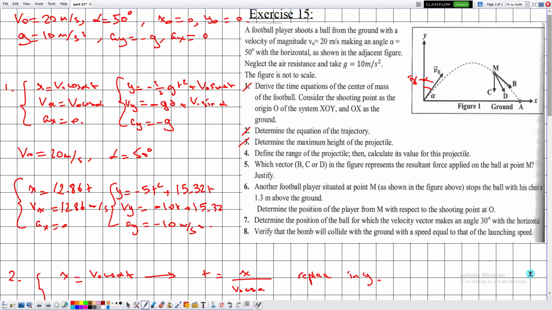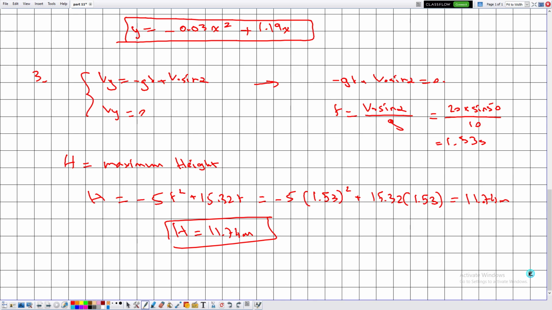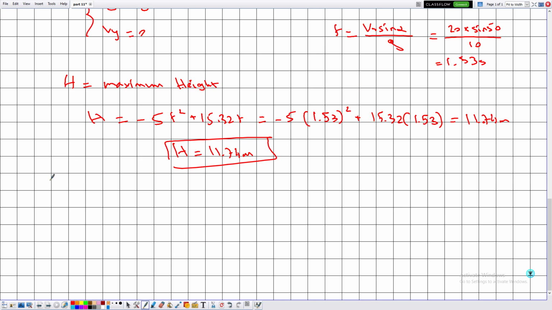So I just want to use the same definition that I have used in the explanation. So okay, we need to define the range. So what is the range? Is the horizontal distance,